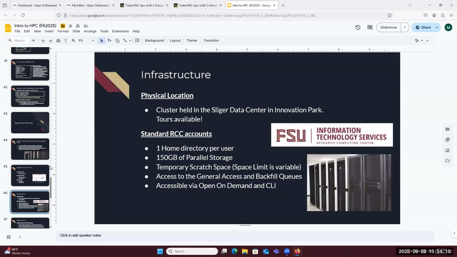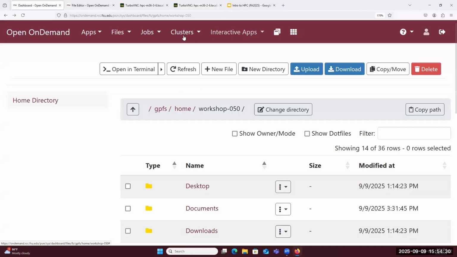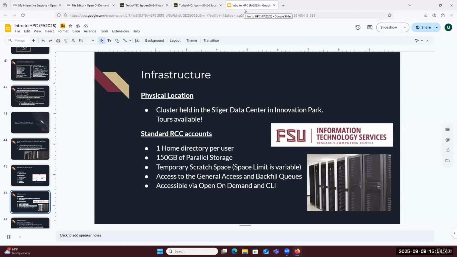The physical location of the server room is held in the Sligo Data Center in Innovation Park. If you're curious and interested in a tour, we do tours whenever they're requested. You'll know what we mean when we say that the node is M36-2-6. You'll be able to find that exact node in the cluster, which I think is always a fun scavenger